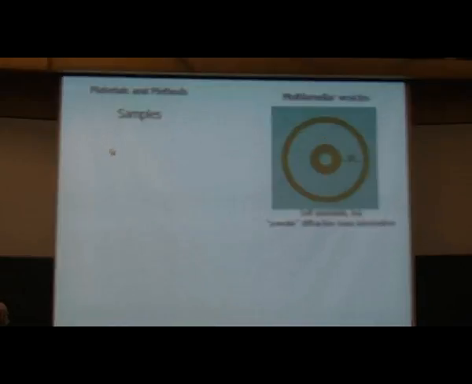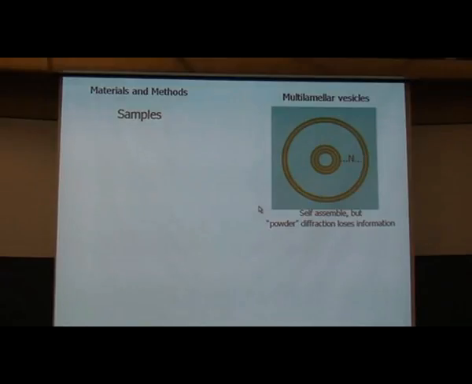And so the first issue here is, what about samples? Well, one of the reasons I got into this as a theoretician is it was really easy to make up the samples in the old days. You buy some lipid that was synthesized by a good company that makes good lipids, and you put it in some water and you shake it up and you've got a sample. And the kinds of samples that you got that way were something called multilamellar vesicles. So each of these things is a bilayer, and there are many of them in a thing that looks kind of like an onion, with all these bilayers wrapped around.